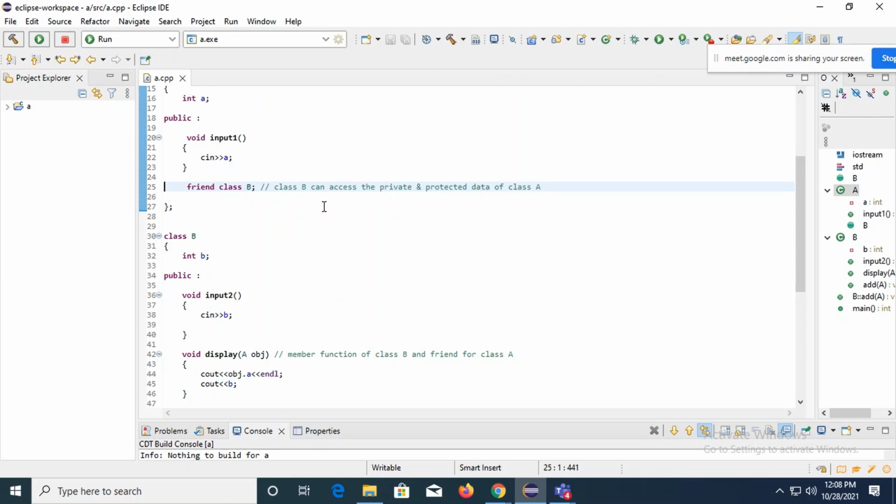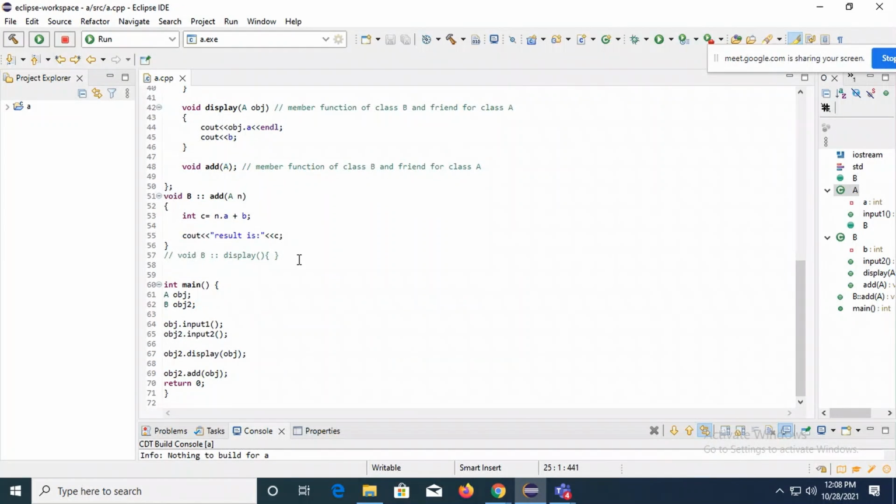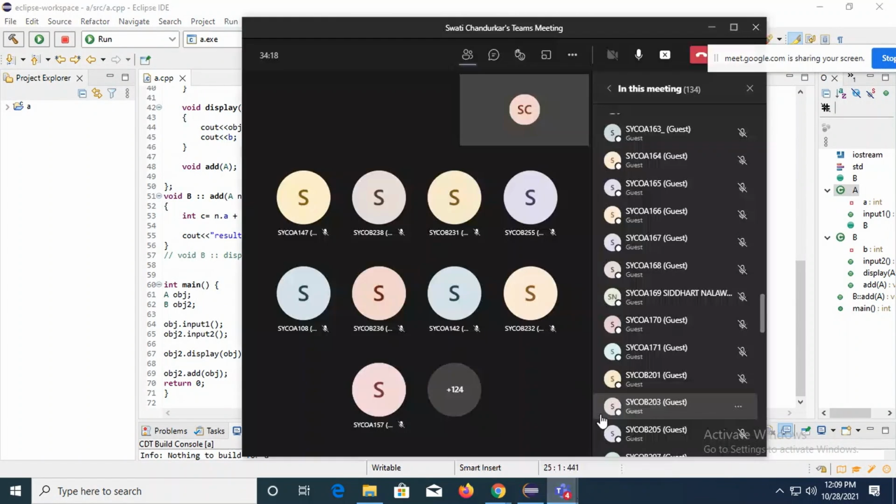Any doubt here? You can see this code. If you're having any doubts, you can raise your hand.